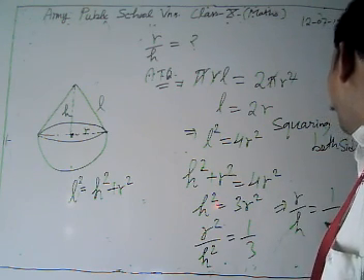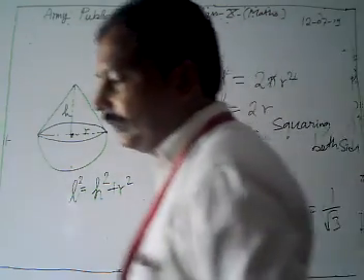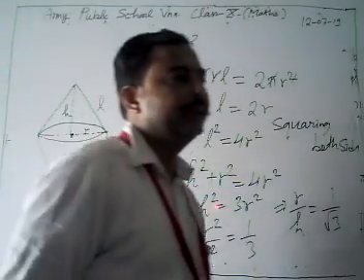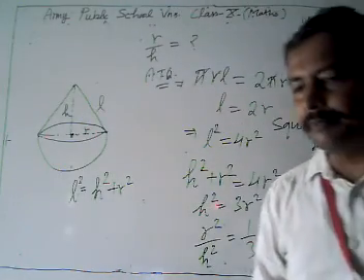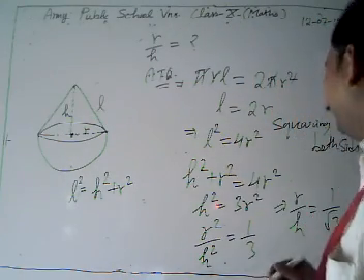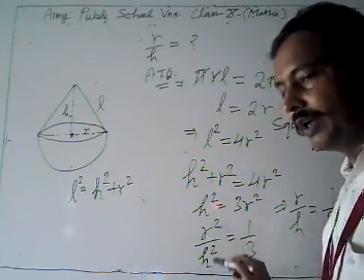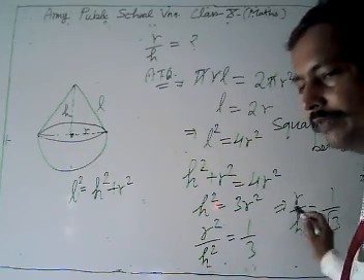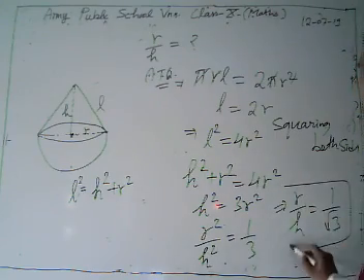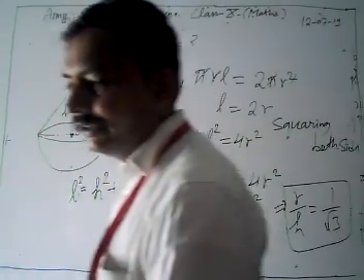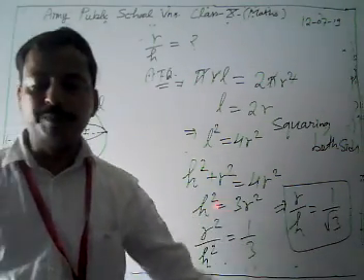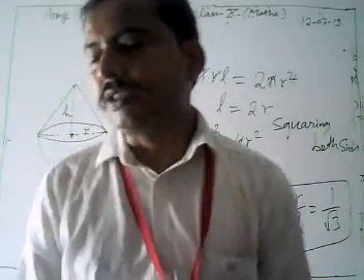Then the ratio of R is to H is equal to 1/√3. We are not going to take a negative sign here, because both represent a radius and a height. Both represent a distance, a length. Length cannot be negative. That's why after taking the square root of R square by H square, we get 1/√3. We have both signs here, positive and negative, but we take only the positive sign because both are lengths, and length cannot be negative. Then our required answer, R is to H, is 1/√3.